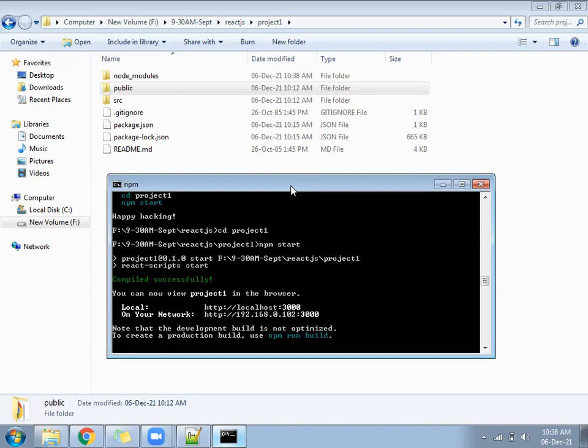You will see compiled successfully. And in the last, it is saying you can run your project on localhost colon 3000 port number.